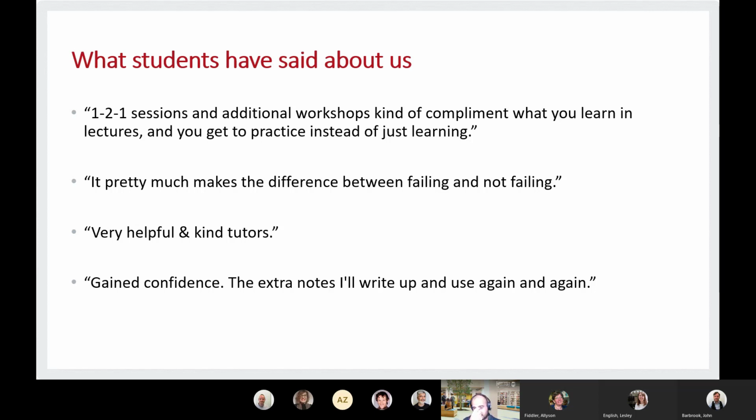So here's just some of the things students have said about us. All very nice, and we get very consistently good reviews from our students. We provide a very bespoke experience that teaches them how to approach mathematics more than just how to do mathematics, and I think they really appreciate that interpersonal relationship that they get from us. We're not directly associated with their marking and things like that. So we're kind of impartial, and I think that goes a long way.